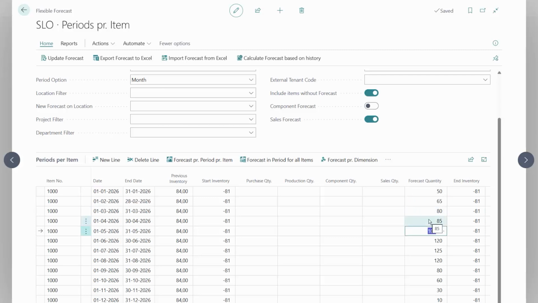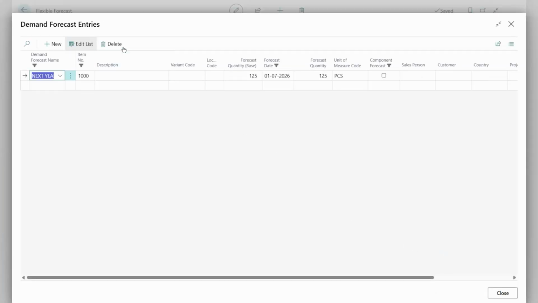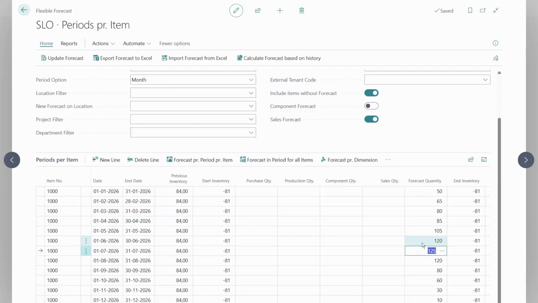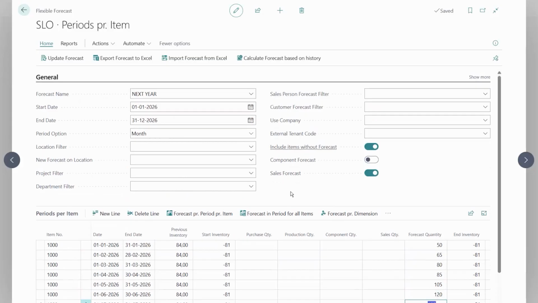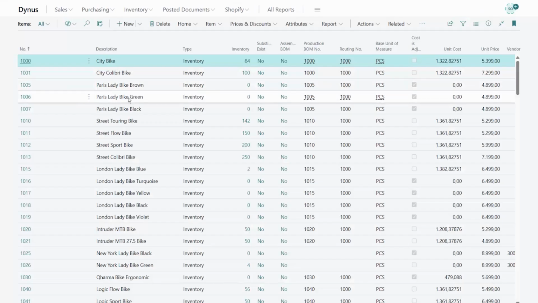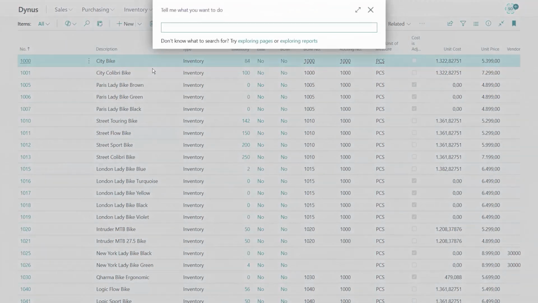This is actually standard Business Central forecast entries we are looking at. So if I drill down a forecast entry here, I can see the demand forecast entry from standard Business Central. The flexible forecast is just a tool to make this look very nice. So one item, many months like this,